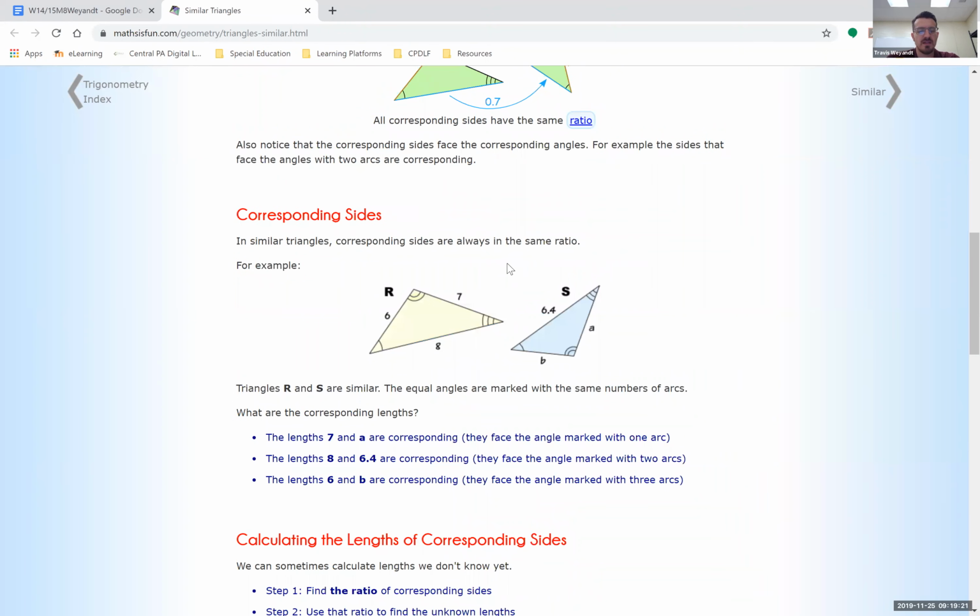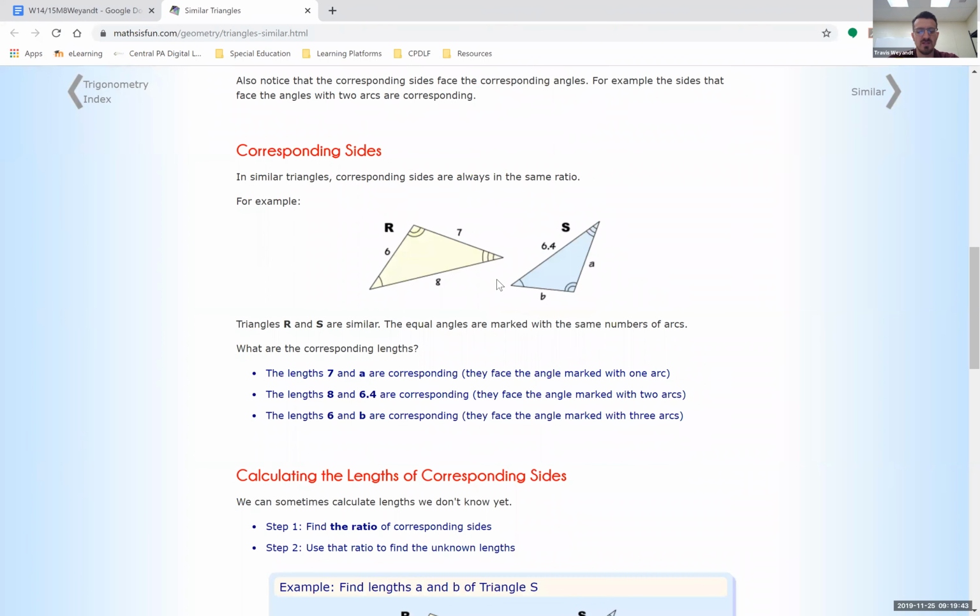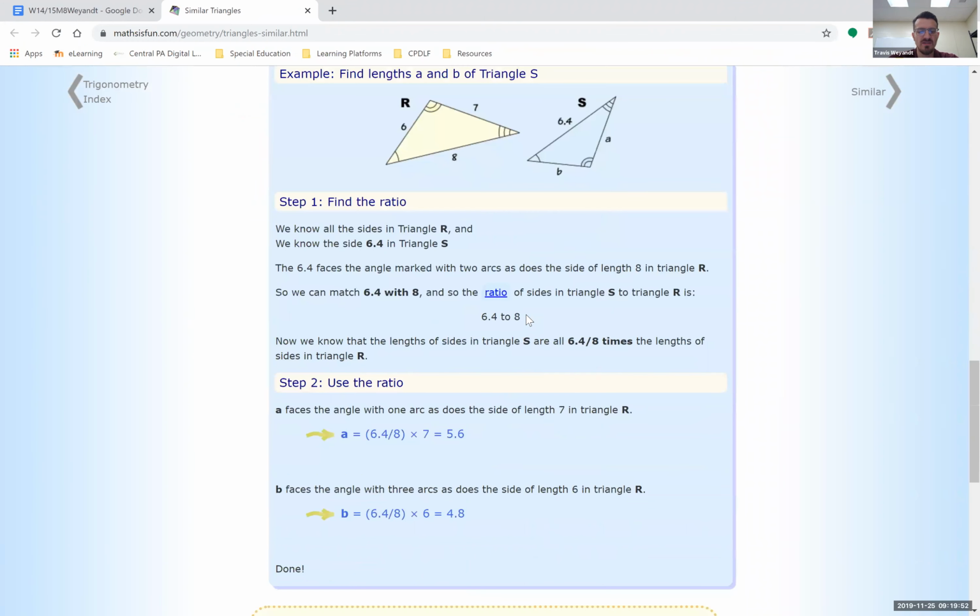The second thing is that the angles and the sides need to have the same ratio, need to be similar as well. And we've talked about corresponding sides. So again, if it's being flipped or reflected or moved, the sides can still be corresponding even though the shape itself is oriented in a different direction. But what we say is as long as the ratio between the corresponding sides is the same throughout every single side. So if you look at this example,